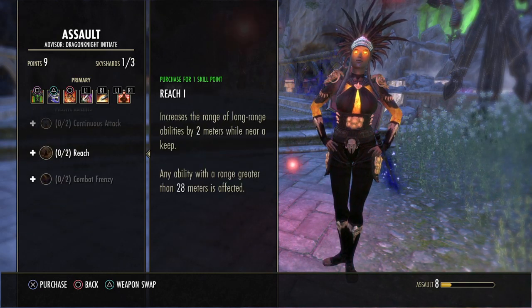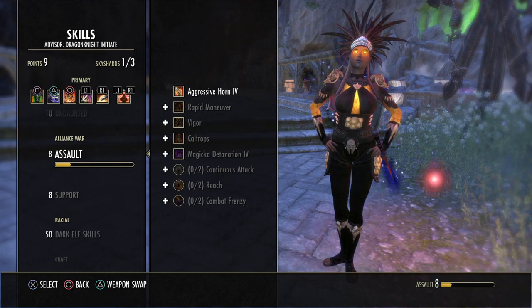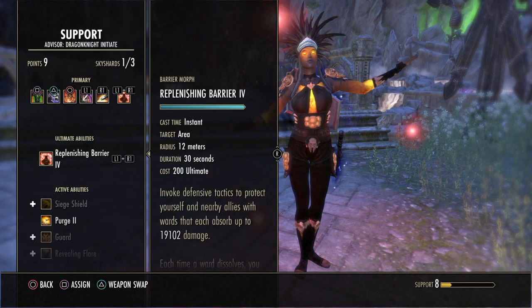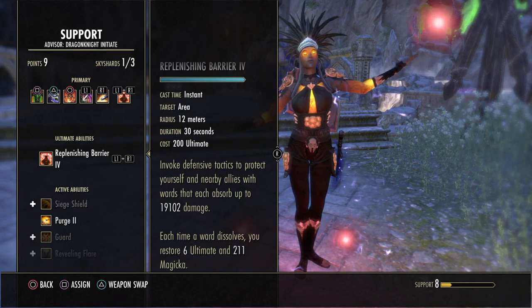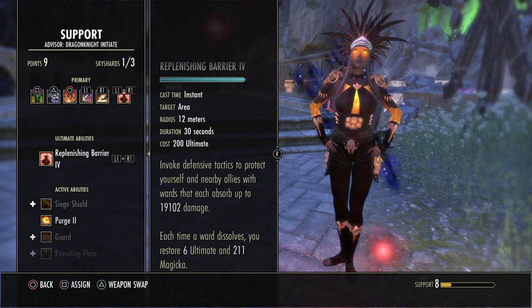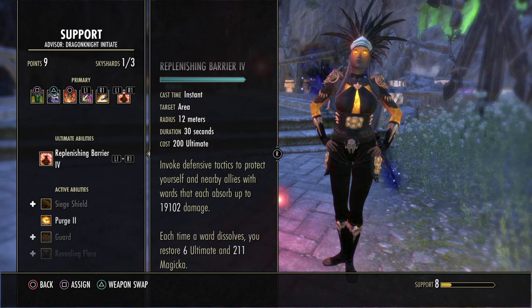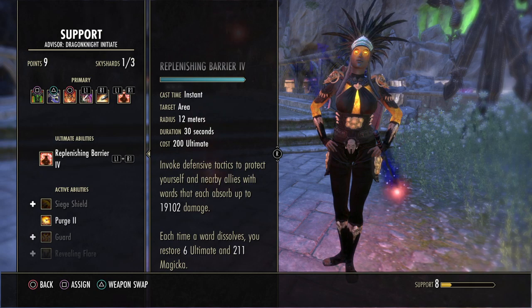I do not have any of the passives in this because it really doesn't matter. All you needed was the Warhorn. It's Warhorn and then morph it to Aggressive Warhorn. The Support Tree, it's Barrier, and I morphed it to Replenish Barrier. You want to morph it to this one, in my opinion, because each time it dissolves, you restore ultimate